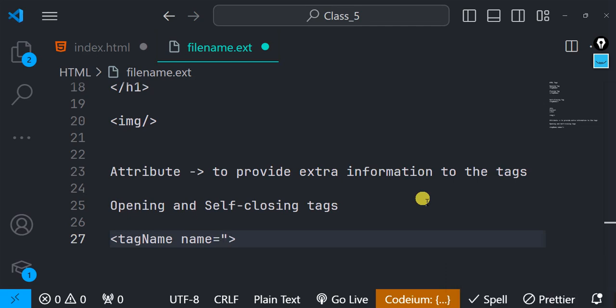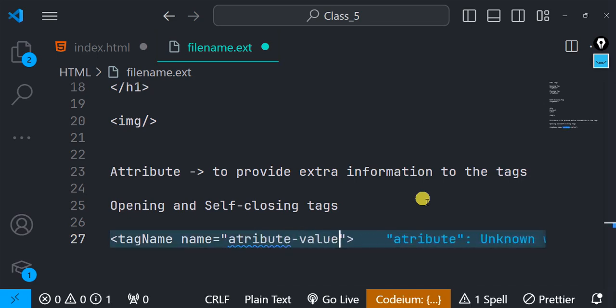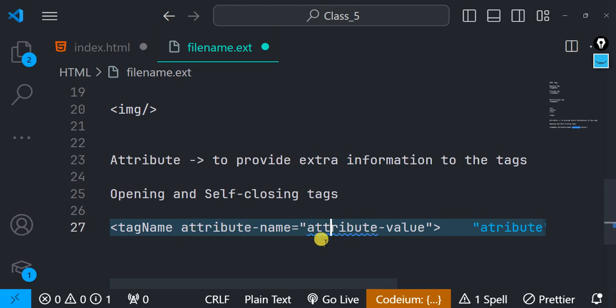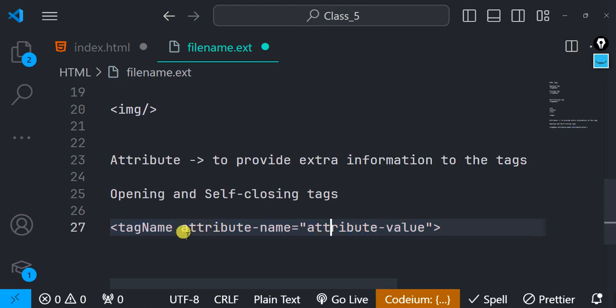So it's going to have these quotes, and inside the quotes you are going to add the value, and this is what we call the attribute value, and whatever is here is what we call the attribute name. So this is an attribute. This is the pattern whenever you see an attribute: you are going to see the name here, and inside the quotes you are going to see the value for that attribute. For example, that image now, in order for it to display an image for you, you need to